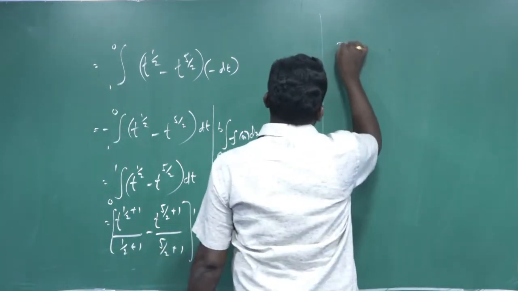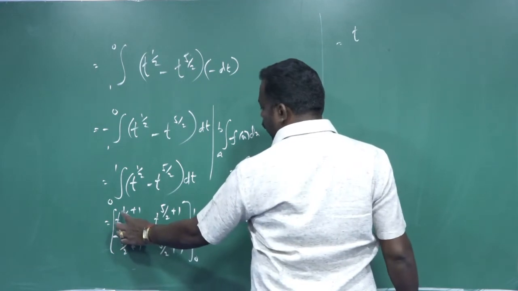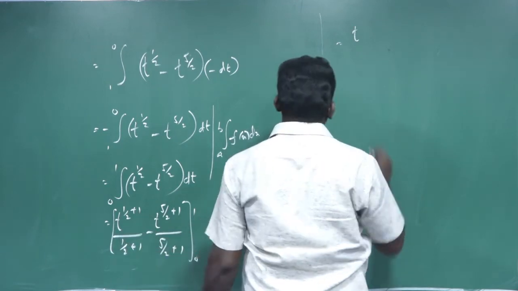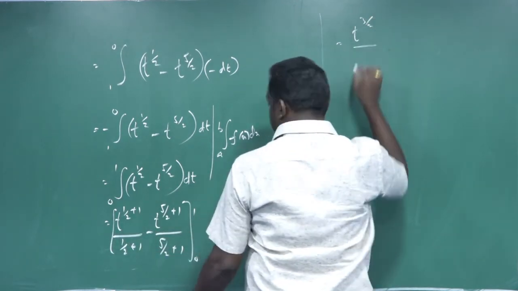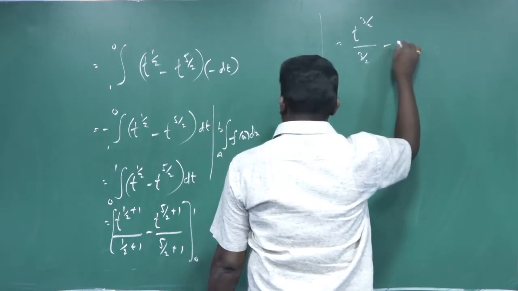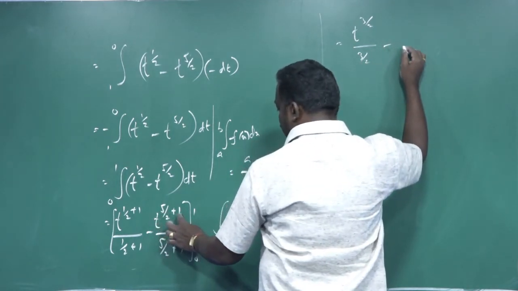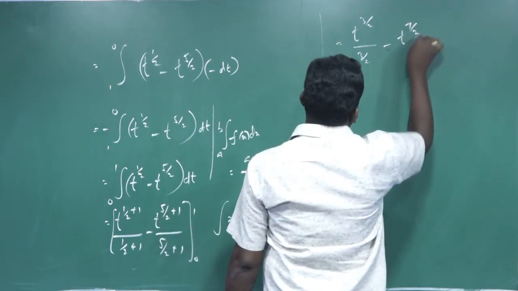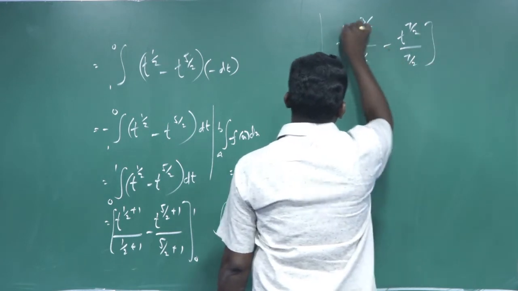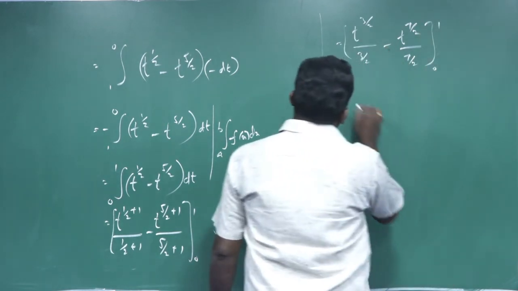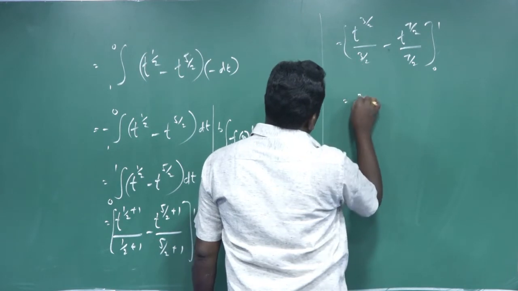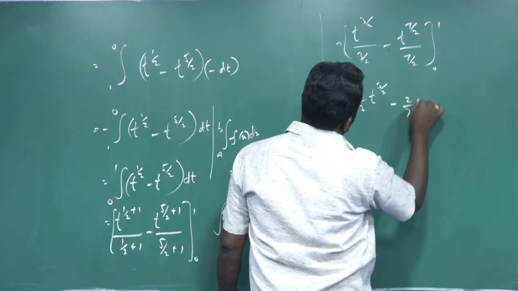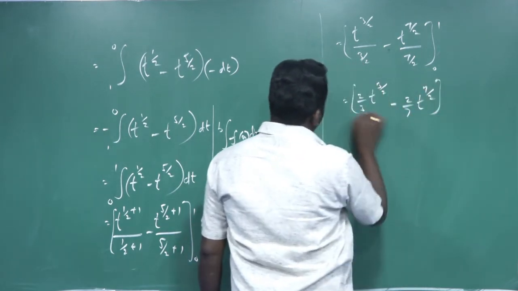Simplify the denominator. That is equal to t power, adding 1 plus 1 by 2, taking the common denominator, 1 plus 2 by 2, therefore 3 by 2, by 3 by 2 again in the denominator. Minus 5 plus, taking the common denominator, 5 plus 2 by 2, 5 plus 2 equal to 7. So t power 7 by 2 by 7 by 2, the limits are 0 to 1. And this equals, now taking reciprocals, 2 by 3 into t power 3 by 2 minus 2 by 7 t power 7 by 2, the limits are 0 and 1.